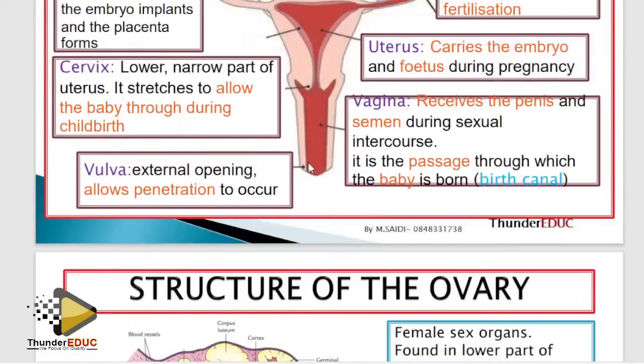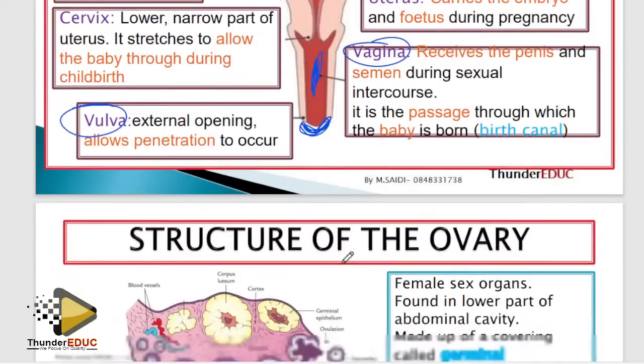Another thing which students confuse is the difference between the vulva and the vagina. The vagina is the inside part, while the outside part is what is called the vulva. Please don't call the vulva the vagina. Never. They're not the same. So the vulva is the inside part. No, it's the outside part, what you see, while the vagina is the inside. Yes, I think now you know.